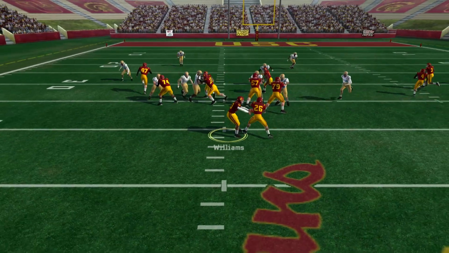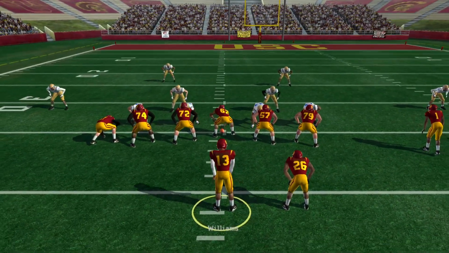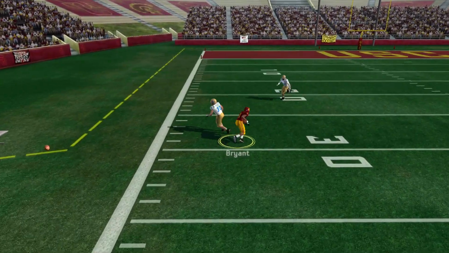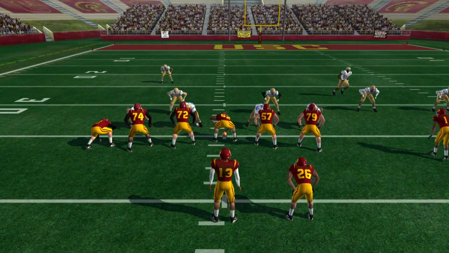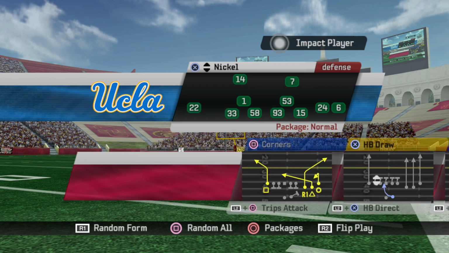This is what I really love about this. You can go to this drag route. If I don't get sacked, and I did, we can try this again. We can go right here. You can go to that drag route, and you can pick up some serious yards with it. I really love it. I highly suggest you sprinkle in some play action with that RPO along with that QB